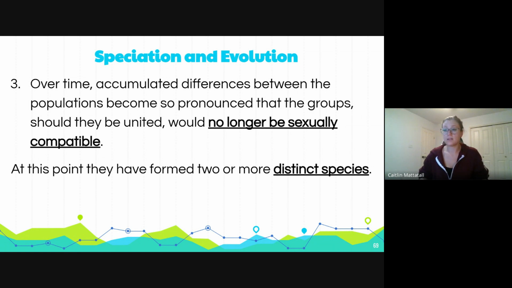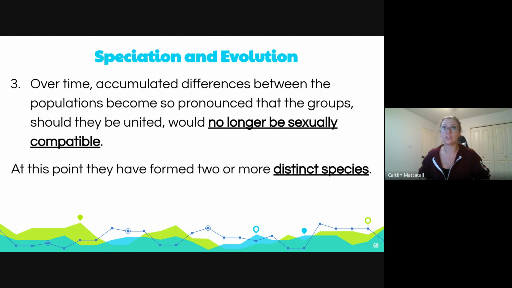Okay, and then the last thing we need for speciation to happen is a whole lot of time. Again, most of the time, thousands to tens of thousands of generations worth of time. So as time goes by, natural selection is acting on these populations separately, picking different traits that are more beneficial to the survival of those individuals. And eventually, there's going to be so many differences between these two populations based on sexual reproduction and built-up mutations